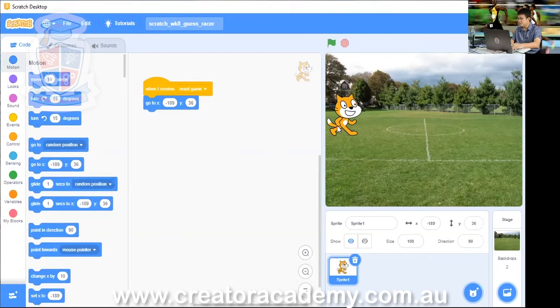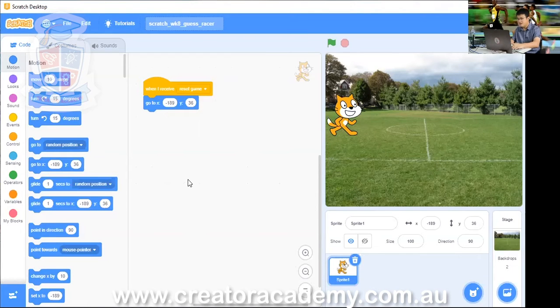So if you didn't drag your cat up the top, then have a look at those numbers. It should be minus 100 and something, and Y is around 30 something. Okay, it doesn't have to be absolutely precise, but you don't have to enter those numbers if you've already dragged your cat to the top.